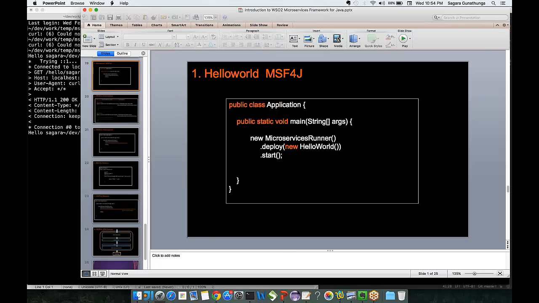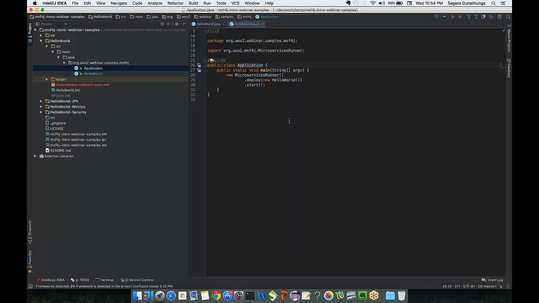Let me go back to the IDE. Within the main method, I call the microservices runner, and I deploy my hello world. That is my resource. I just create that resource and I start it. That is how I run the first sample. Just to save time, next I move into